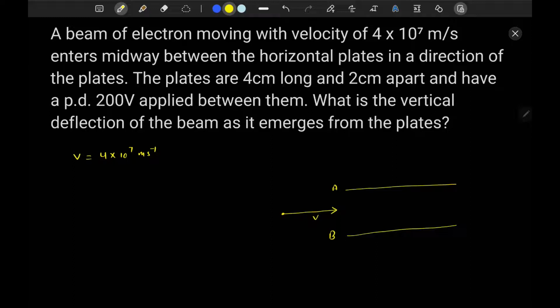Now talking about the two plates, the length of the plates is equal to 4 cm, 0.04 meter. The separation between the two plates is 2 cm, 0.02 meter,